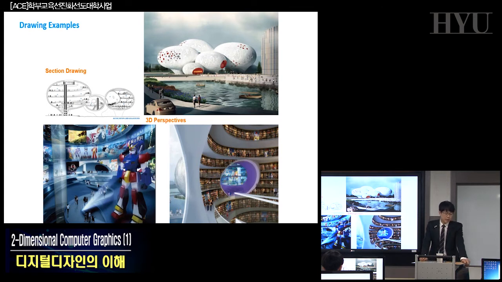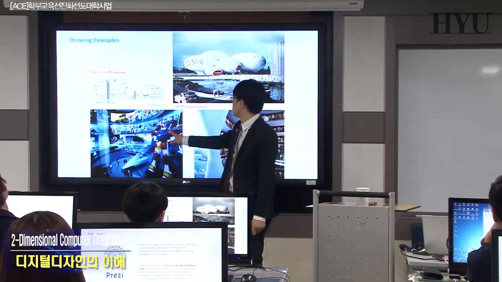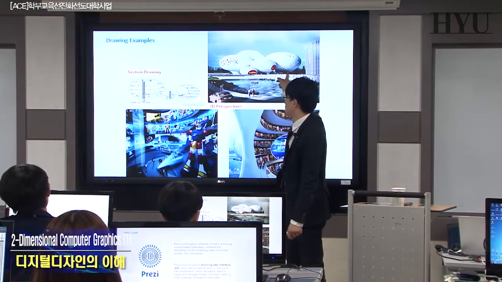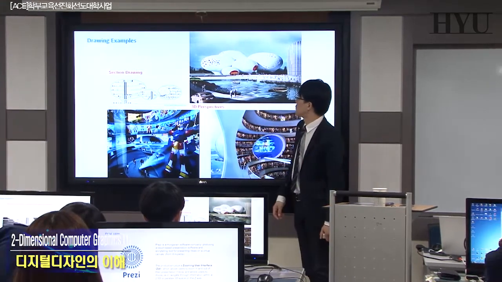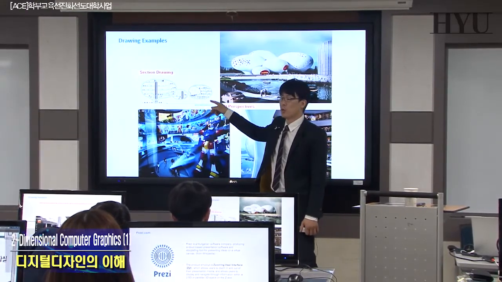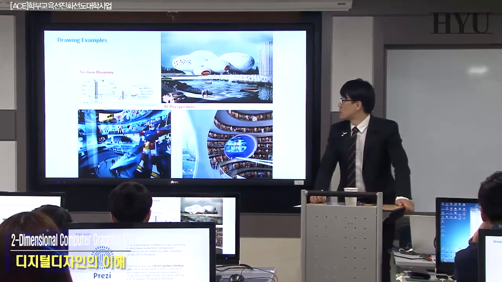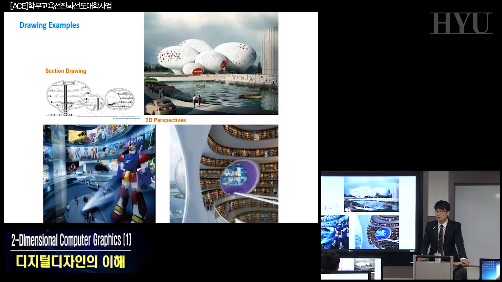But anyway, if you see this kind of interior shape, or just the exterior shape, it's not easy to figure out how many stories are in this building, or the mass, size, height, floor height, something like that. But thanks to that section drawing, we can realize the scale, the height, the comparative size, dimension, and so on. So this is the major content and the visual effect